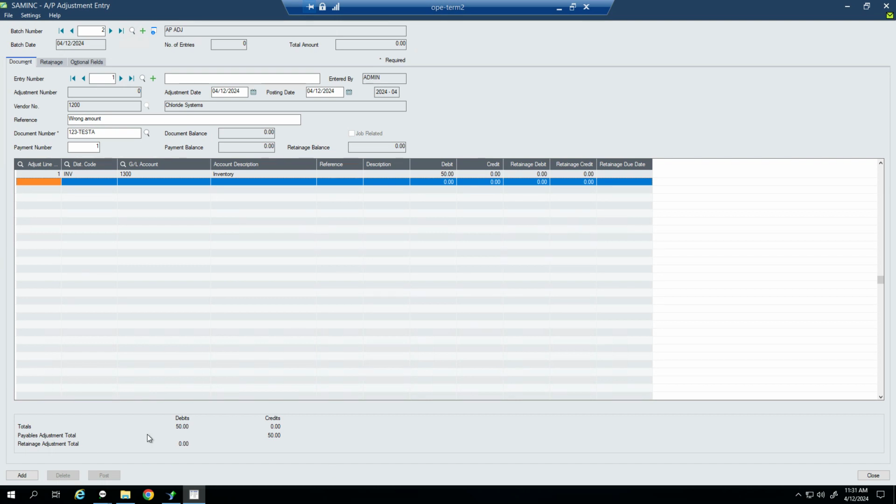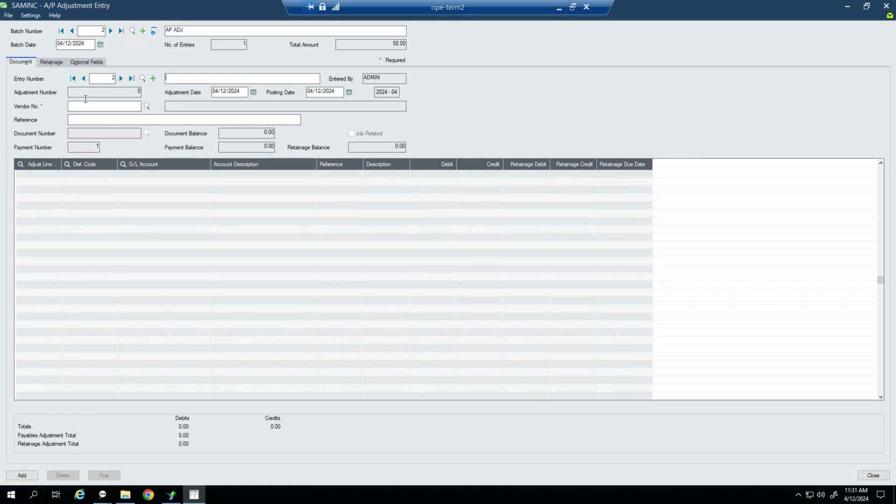And notice it shows what's happening to my payables total here, okay? So my totals, my debits, and that's the total of everything up here is here, okay? And then my payables adjustment shows a credit, which is going to increase my AP balance. So that document number will now, so if I go back, you can see I've made that adjustment. So if I post that,